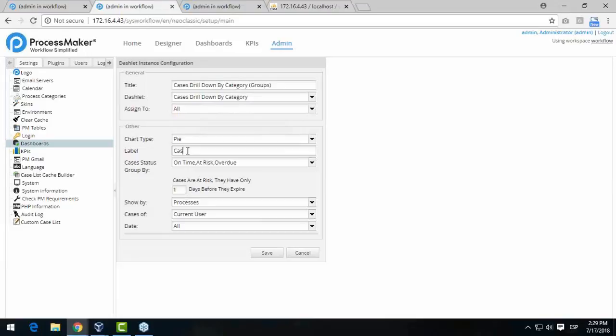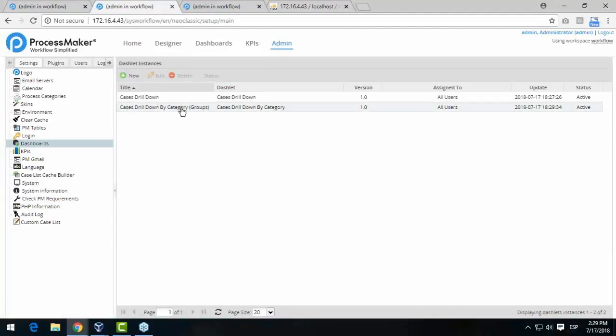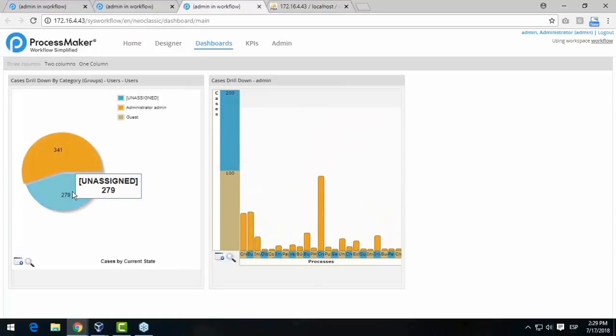Finally, the label is going to be cases by current state, and it's going to be inbox, drafts, and everything. I'm going to distribute them by folder. Then you have users, then users, and save it. Then we click on here, and just like that, we move here on the dashboards,